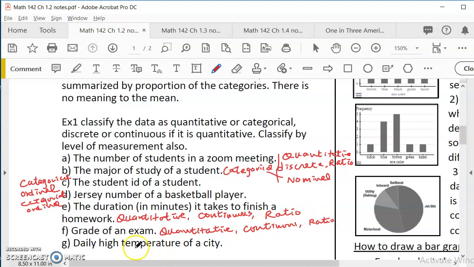G, temperature of a city. Remember, temperature is a measurement. Is it in either Celsius or Fahrenheit? And it is continuous. And because temperature is an interval,